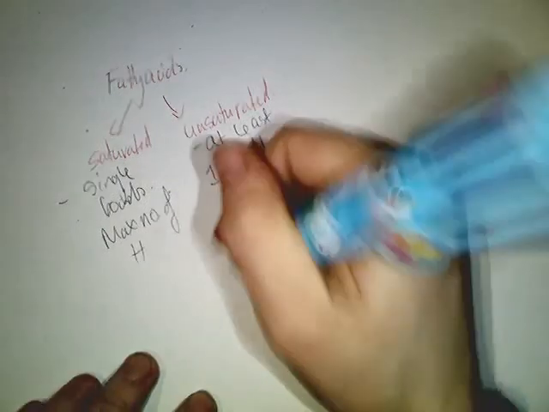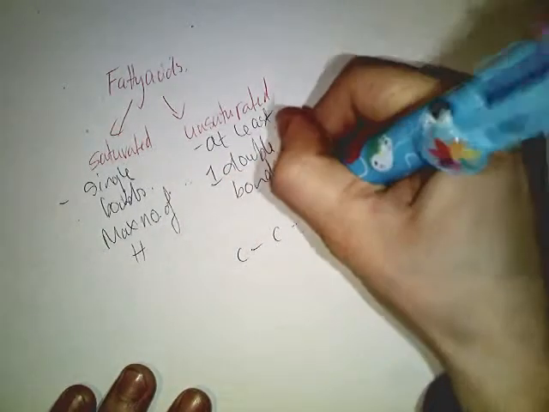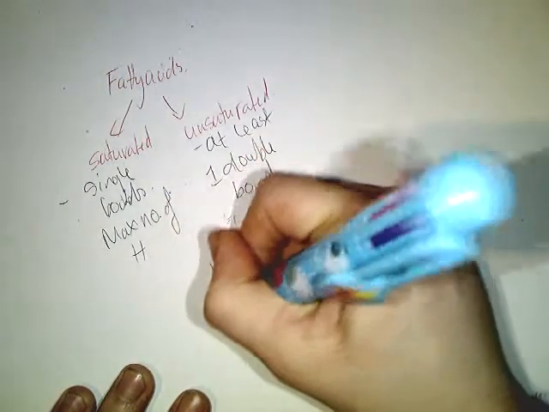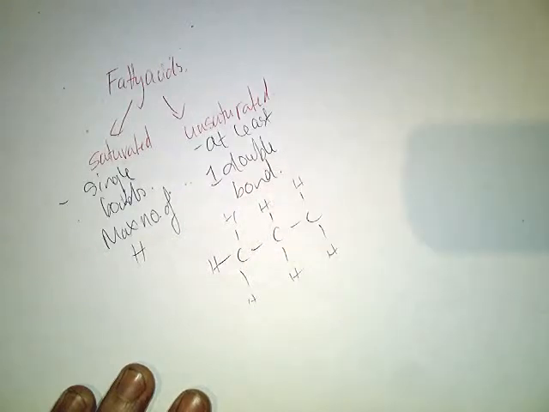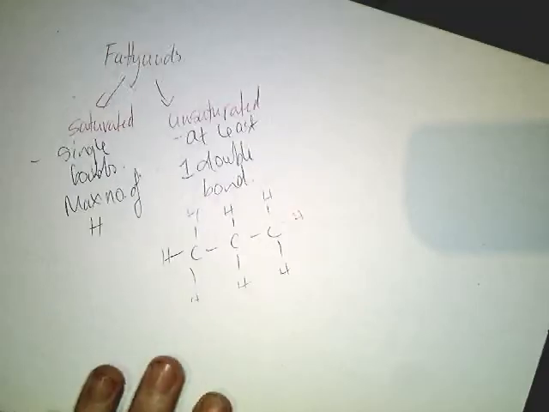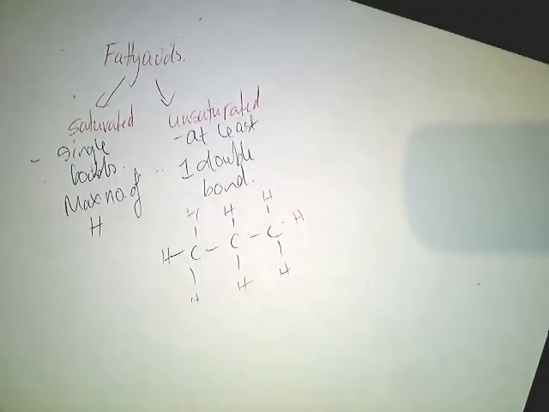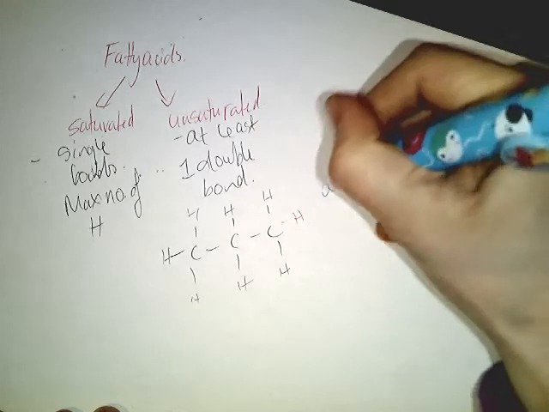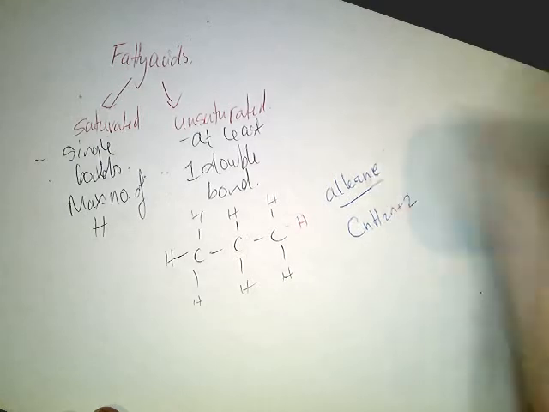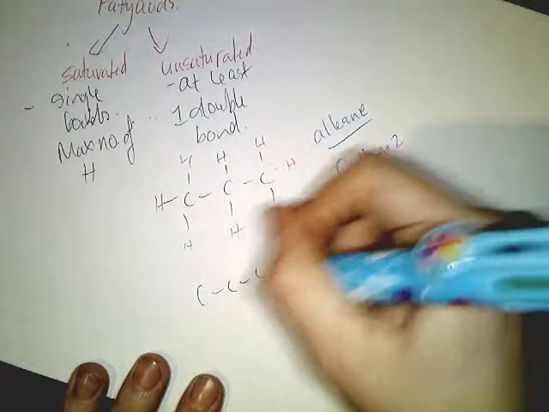Now, how do we tell? Well, let's have a look at ethane. Actually, propane I've drawn. Now, propane looks like this. Its general formula, we know, being an alkane, is CnH2n plus 2. Now, let's say that we keep the same stem of propane,